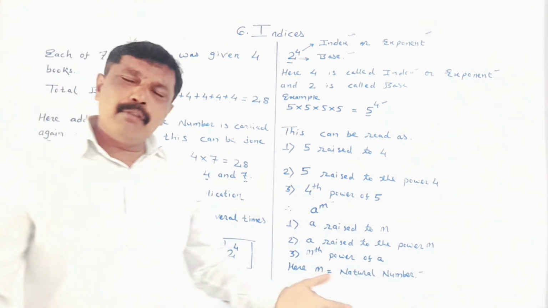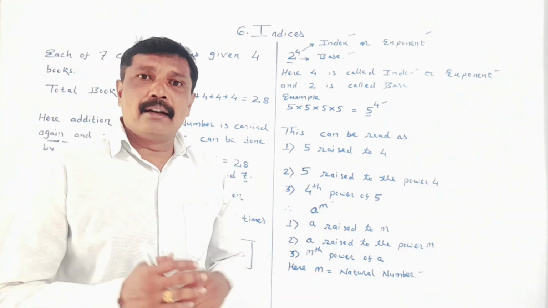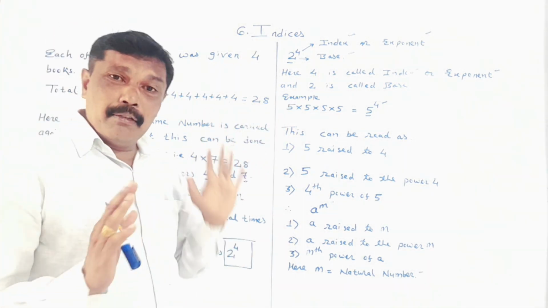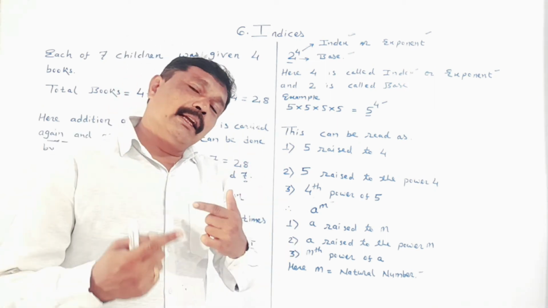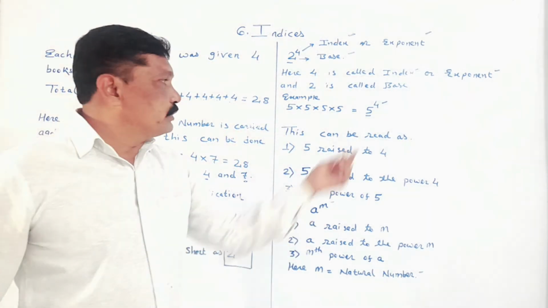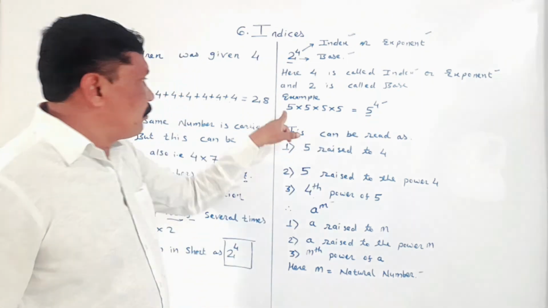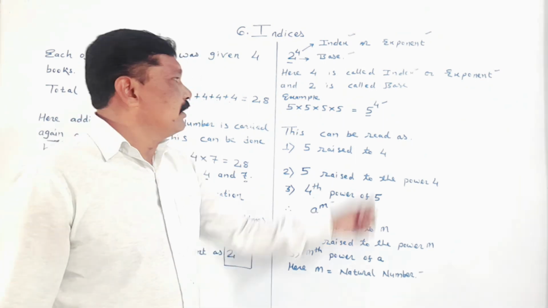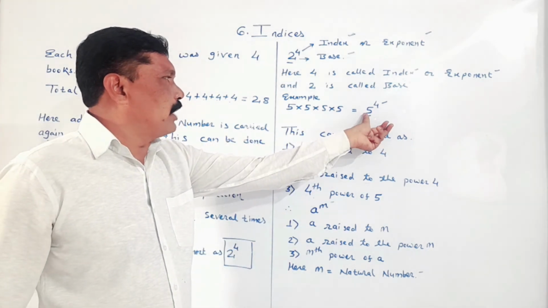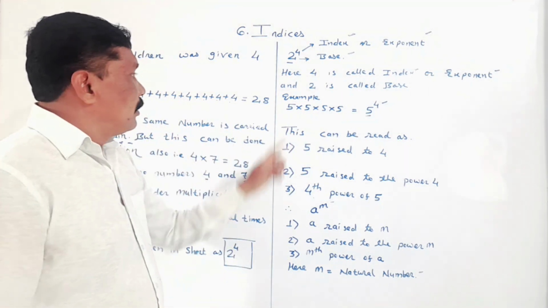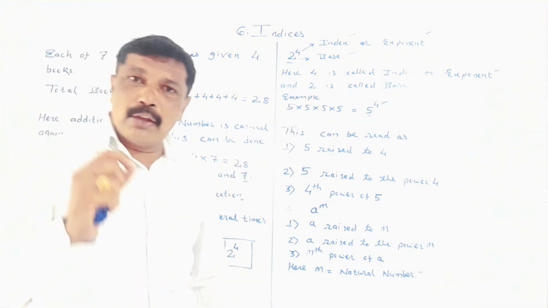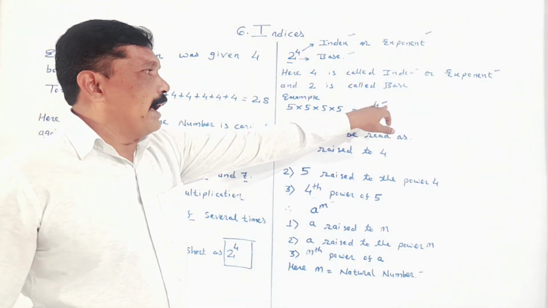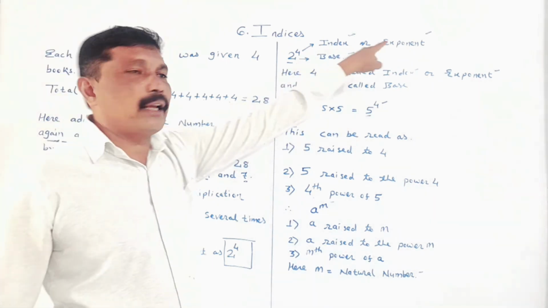My dear student, again we will consider one example to understand indices. Here again we have taken one number and multiplied it again and again. We have taken 5, so we will write 5 as the base: 5 into 5 into 5 into 5. The number which we multiply again and again, we keep as the base. So we take 5 as the base. 1, 2, 3, 4. 5 is multiplied 4 times. So above 5 we write 4, and the 4 is called the index or exponent.